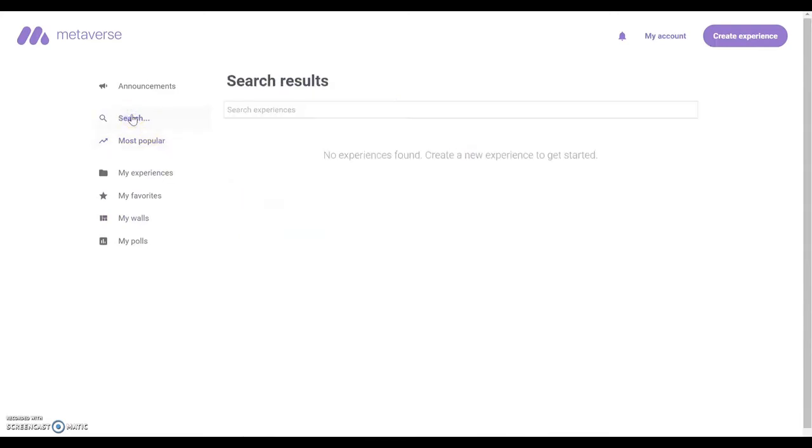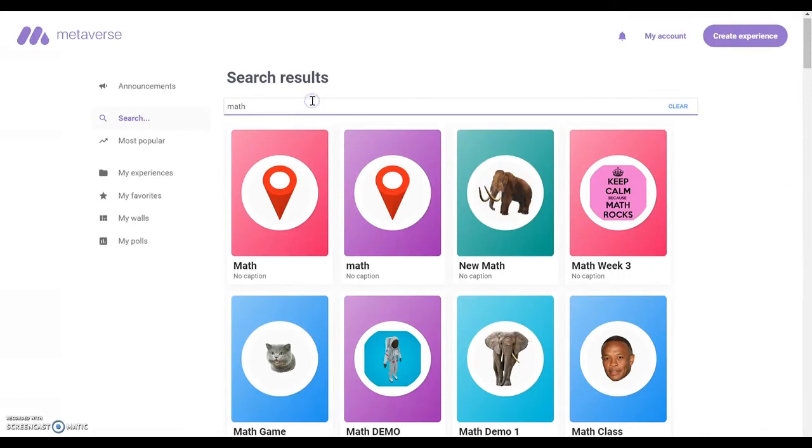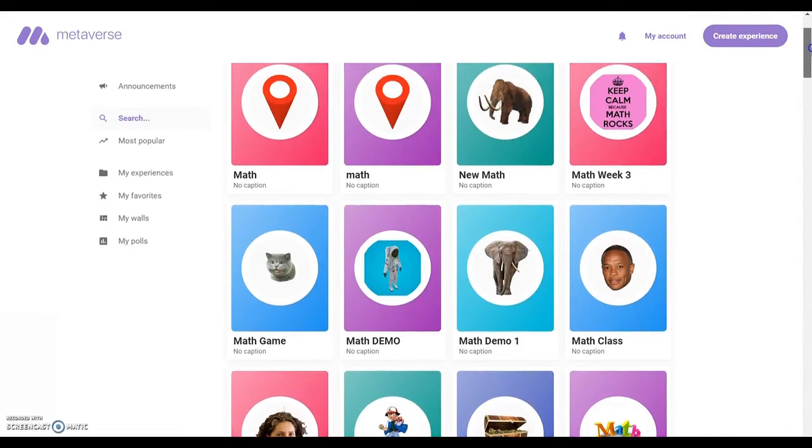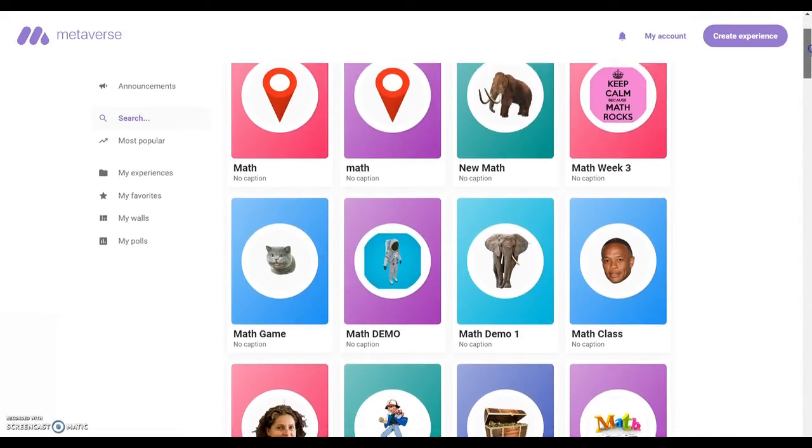The search tab is where you could find where other people have created and shared their augmented reality experiences. For example, I went ahead and did a search just on the keyword math, which I know is incredibly broad, and as you can imagine has given me many results, but it could give you a broad understanding of some of the different ways that teachers have used math in the past. Some people have done it to introduce specific new math demonstrations.